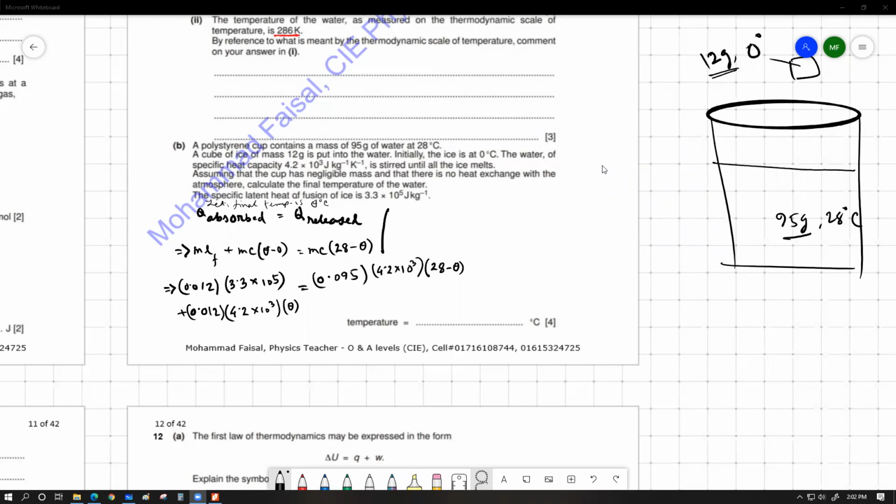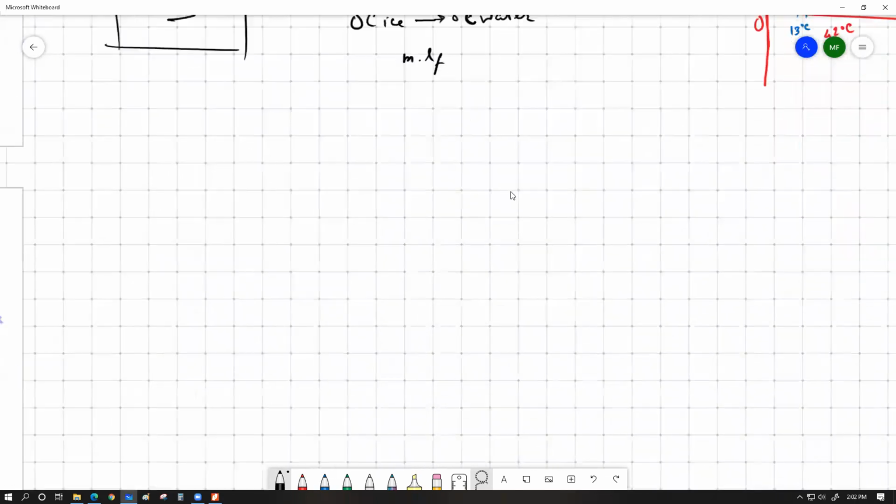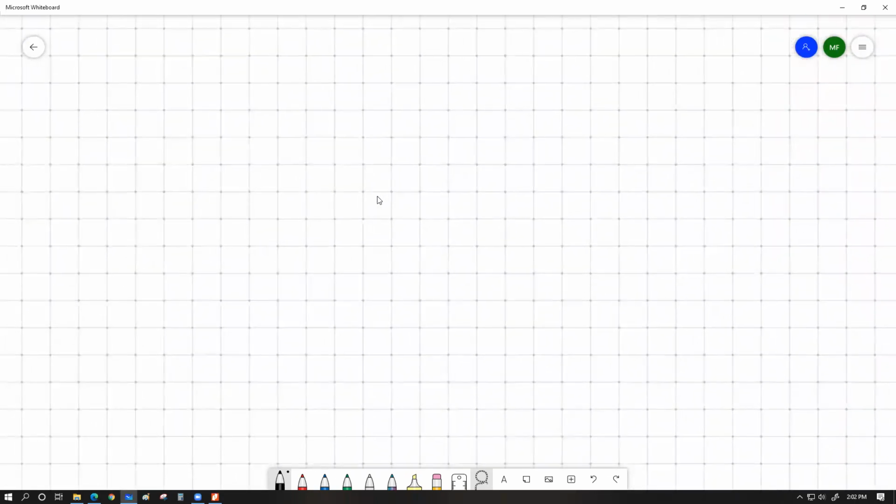Sir, calculate করছি এখন। ঠিক আছে, করো। Sir, 16 আসে। দেখো মার্কস স্কিমের সাথে ম্যাচ হয়েছে কিনা, মার্কস স্কিমের এক্সামিনেশন রিপোর্টটা একটু দেখো। Yes, sir. 16 আসে।